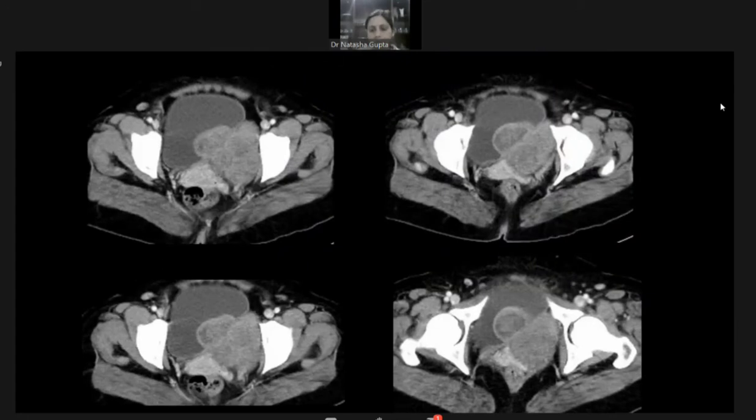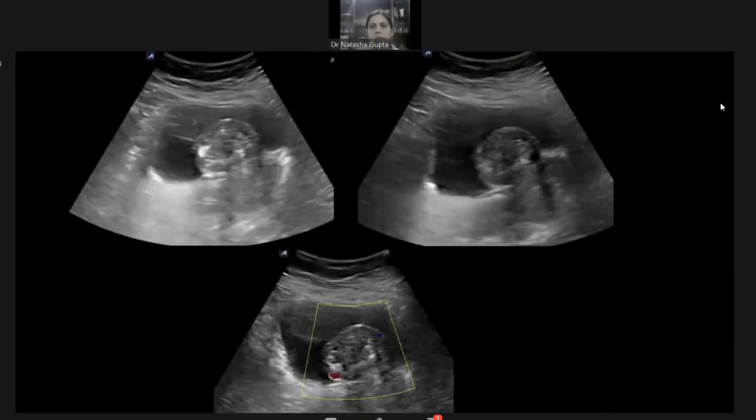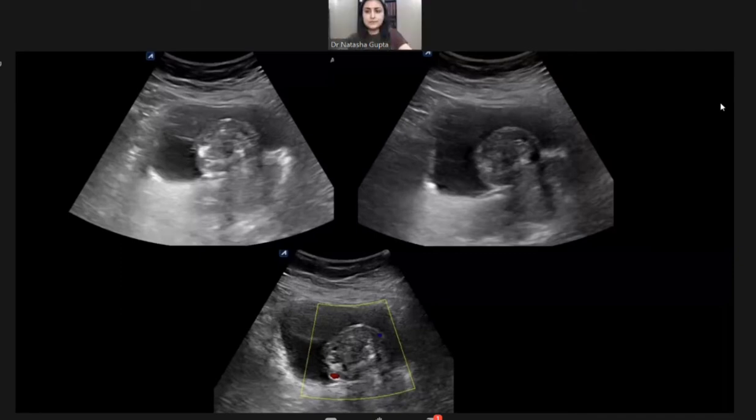What cross-sectional modality should we ideally go for after the ultrasound? If the surgeon wants to operate, MRI. MRI would be a better cross-sectional imaging modality as far as bladder masses go, because it gives us better characterization. Also, we can see the bladder wall better. So MRI would be better, but in this case, both would be.